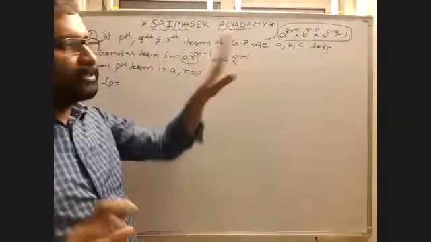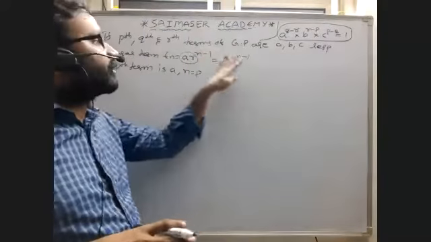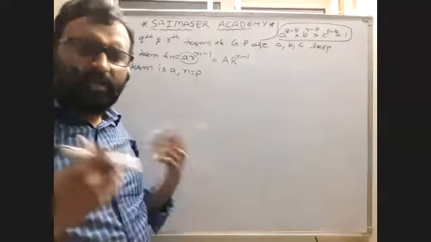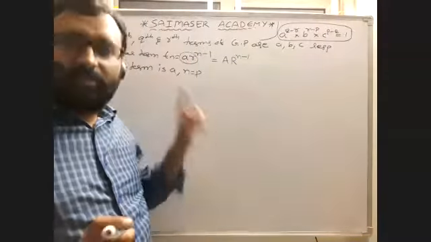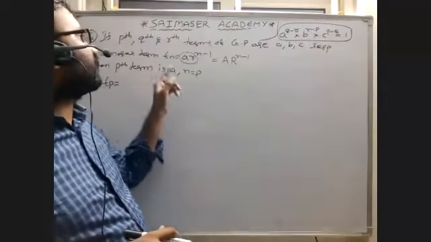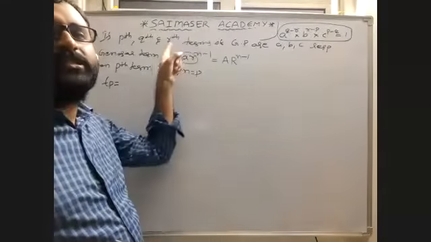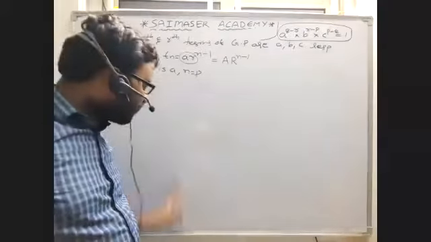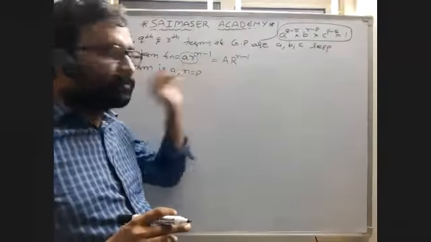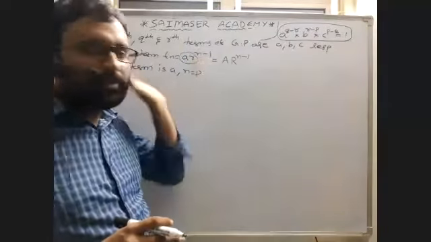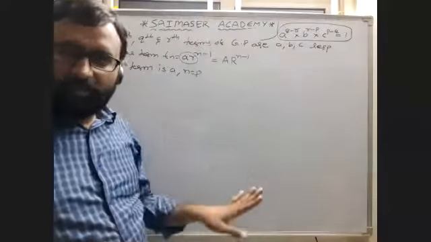And the given question is the same. I'm not changing the question. I'm changing the formula, which was in terms of small letters, and writing it in terms of capital. For every question, you have to use this formula only. Don't change for every question. For this question, I am changing because the given terms are the same as those in the formula, so when we are solving, we will get confusion. That's why I'm changing small a as capital A, small r as capital R. The ratio is capital R now, and the first term is capital A now.